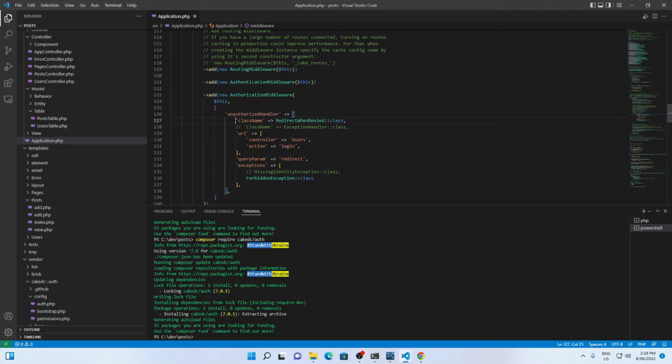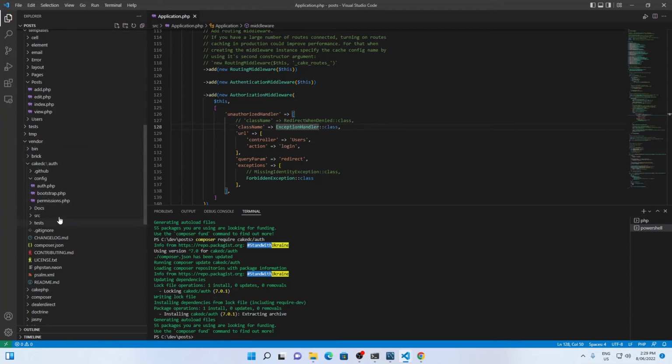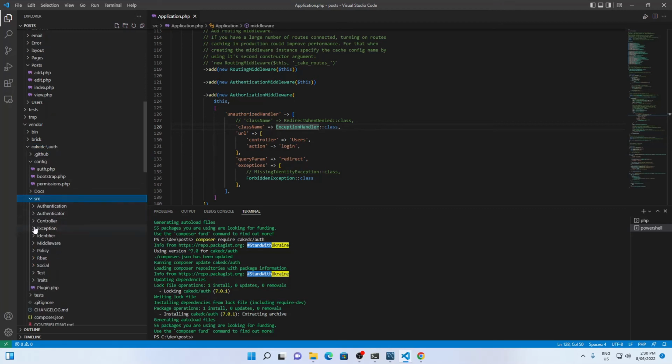what we want to do when somebody's not authorized. Now at the moment, I'll show you this, I've just pasted this in, but at the moment basically, I think this is what's happening. So if we go to this exception handler, if we go down into our vendor directory into CakePHP, down into authorization, down into source, into exceptions, I think that's the wrong place, but I think it's, again, I'm going into the wrong spot, but let's go here,